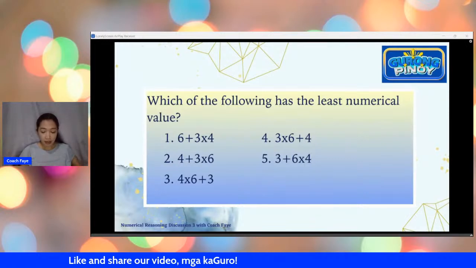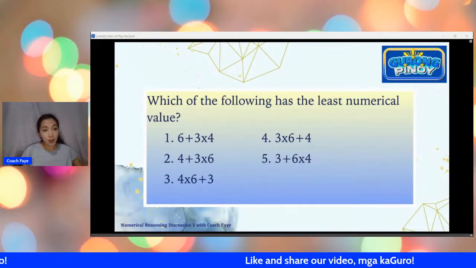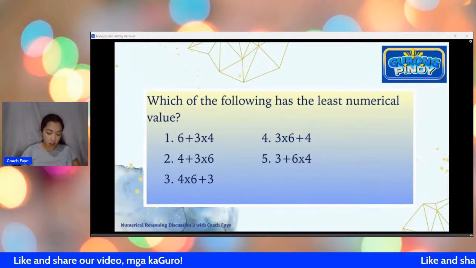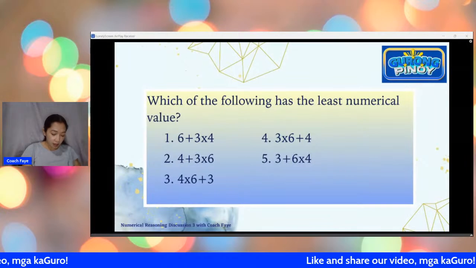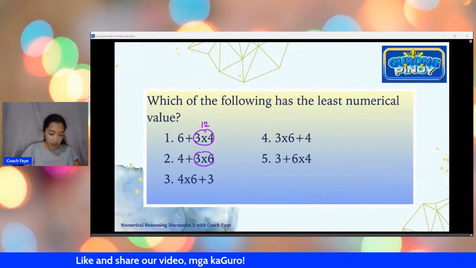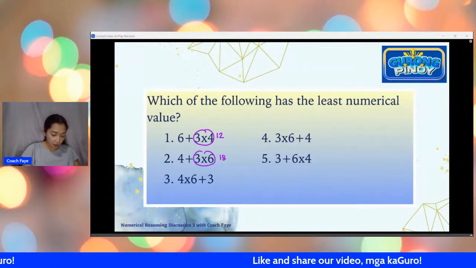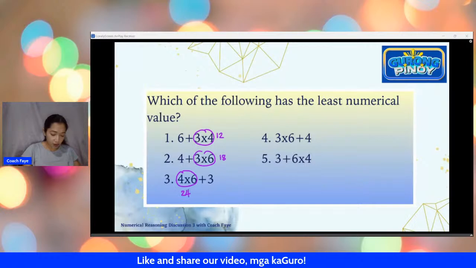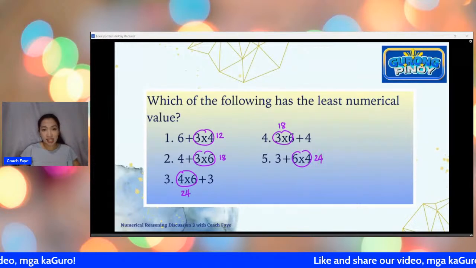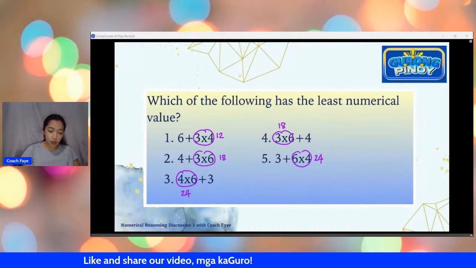So if you take a look here, actually you don't have to solve all of these items fully. Ito po yung mga tricks or techniques when you are solving. Pag meron pong choices, sometimes you don't have to solve fully. Kahit konti lang po yung tinitingnan ninyo, makikita po ninyo yung answer. So what happens here, unahin natin yung multiplication. So sa multiplication, this is 12. 3 times 6, hindi siya makita eh. So this is 12. This is 18. This is 24. This is again 18. And this is 24. So as you can see, 12, 18, 24, yung mga answers natin dito, doon pa lang sa multiplication.